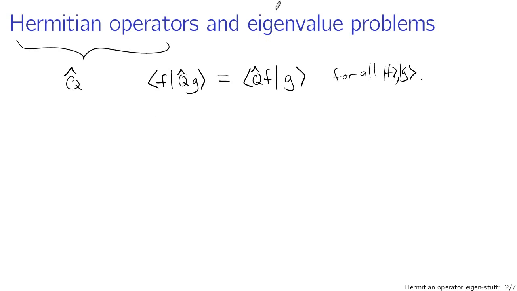Now, in terms of eigenvalue problems, the general statement of an eigenvalue problem looks like the operator applied to some general state is equal to some eigenvalue, which I'll write as lowercase q, in the case of the operator uppercase Q, multiplied by that state. So applying the operator to the state doesn't really do anything, it only changes the overall scaling factor by some amount q. So these sorts of eigenvalue